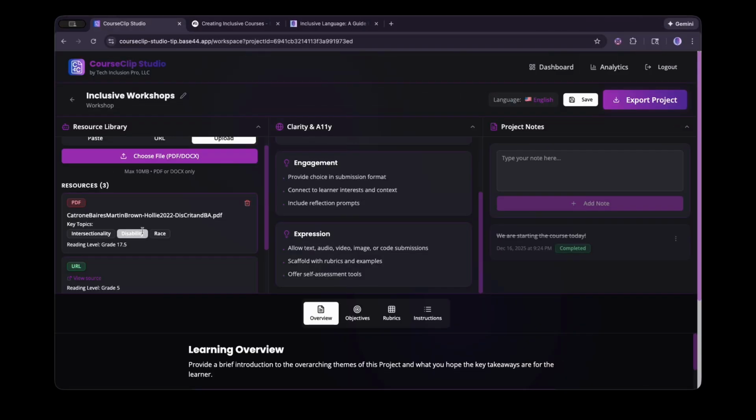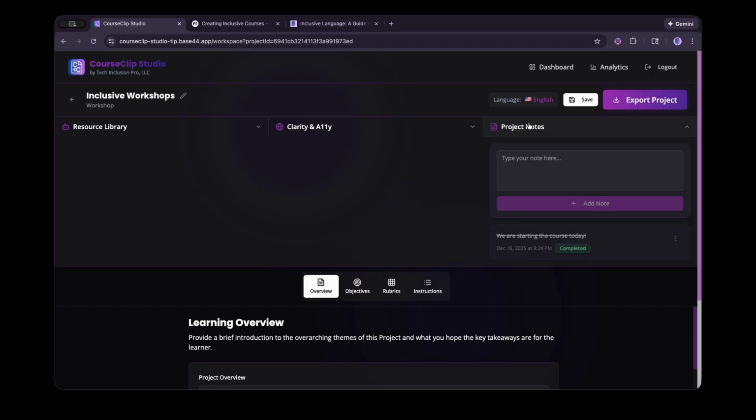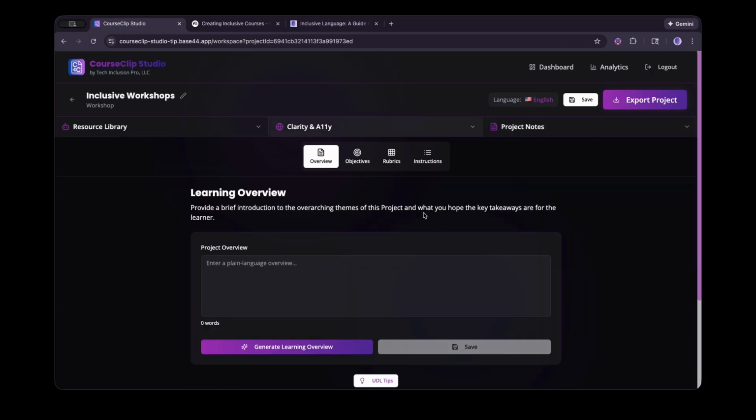Now that we have some information in our resource library, we reviewed clarity and accessibility, which we'll come back to after we create our materials as well, and our project notes, it's time to start. What do we actually want to do in this particular course? We could generate a learning overview if we want. For me, I want to put in my own information. So in this case,